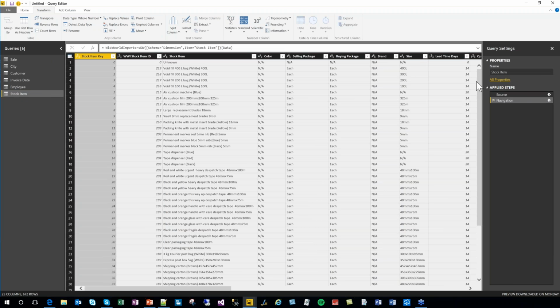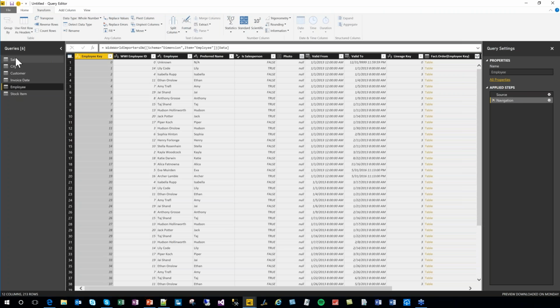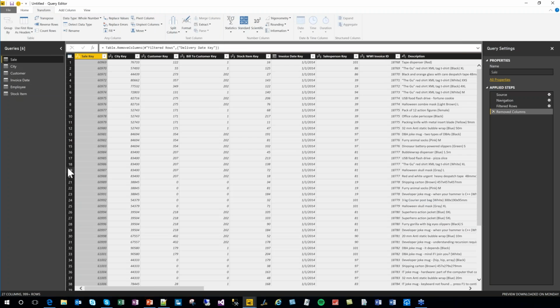If we can do things like that, anything to make the lives of our users a little easier by using good naming conventions, formatting values, and so on, we want to take the time to do that because it's going to affect the user experience. So come through here and rename all of these queries so everything will look nice and neat